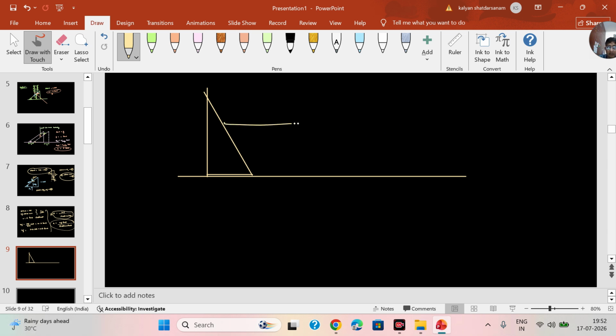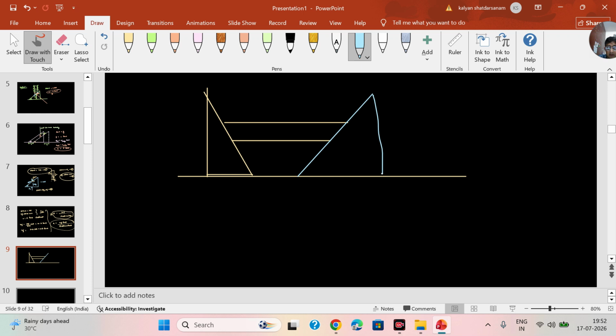There is a rod here. So let me draw another wedge like this. And there is a wall here so that this right wedge cannot move at all. So this angle is alpha, this angle is beta,